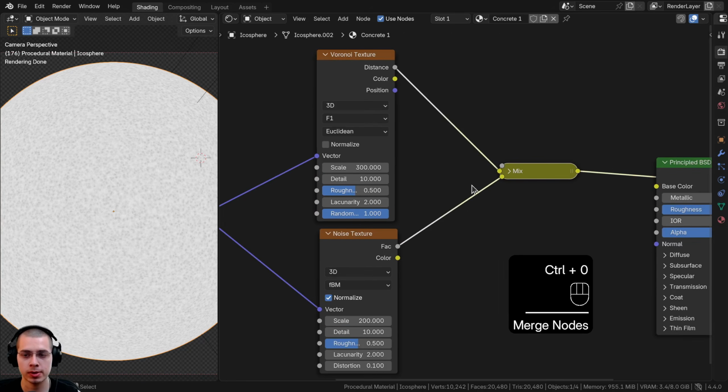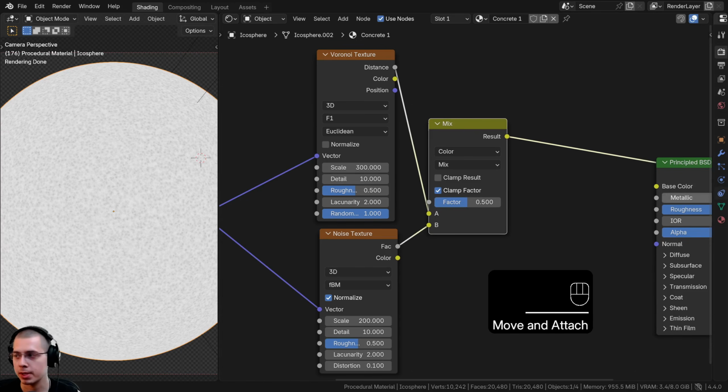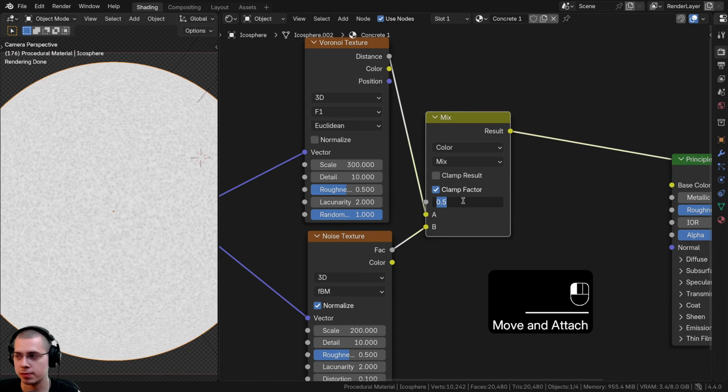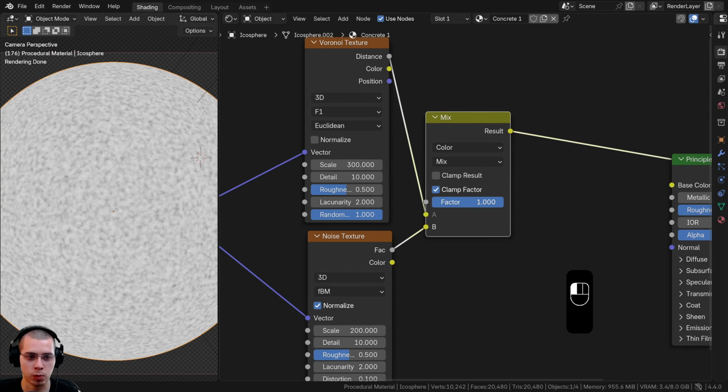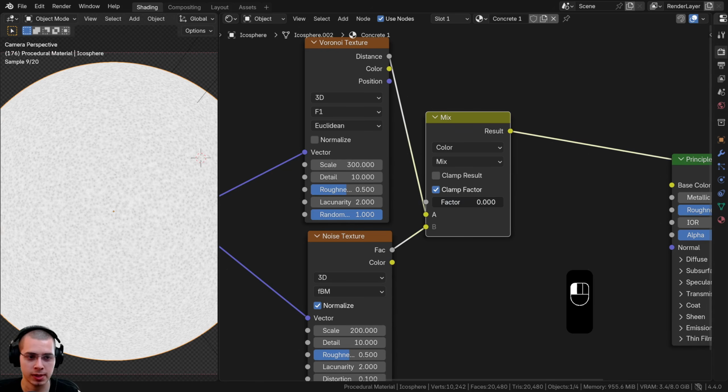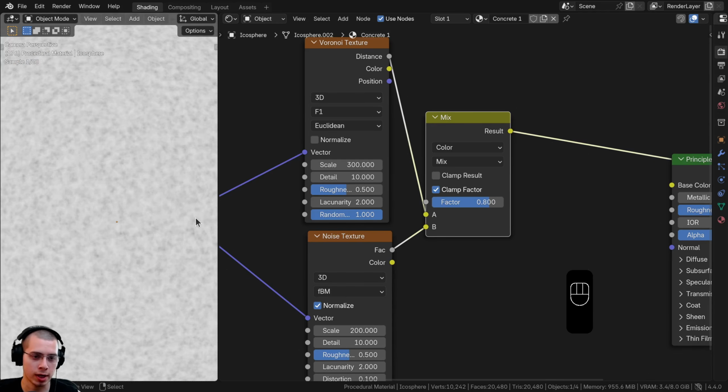And Control 0 is going to add this mix color, so it's going to mix them both together. And here on the mix factor, I'm going to turn this up to a 0.8. So if you turn it all the way up to 1, it's using the noise. If you turn it all the way to 0, it's using the Voronoi. So I'm turning it to 0.8, so it's mostly the noise, but it'll just have a little bit of the